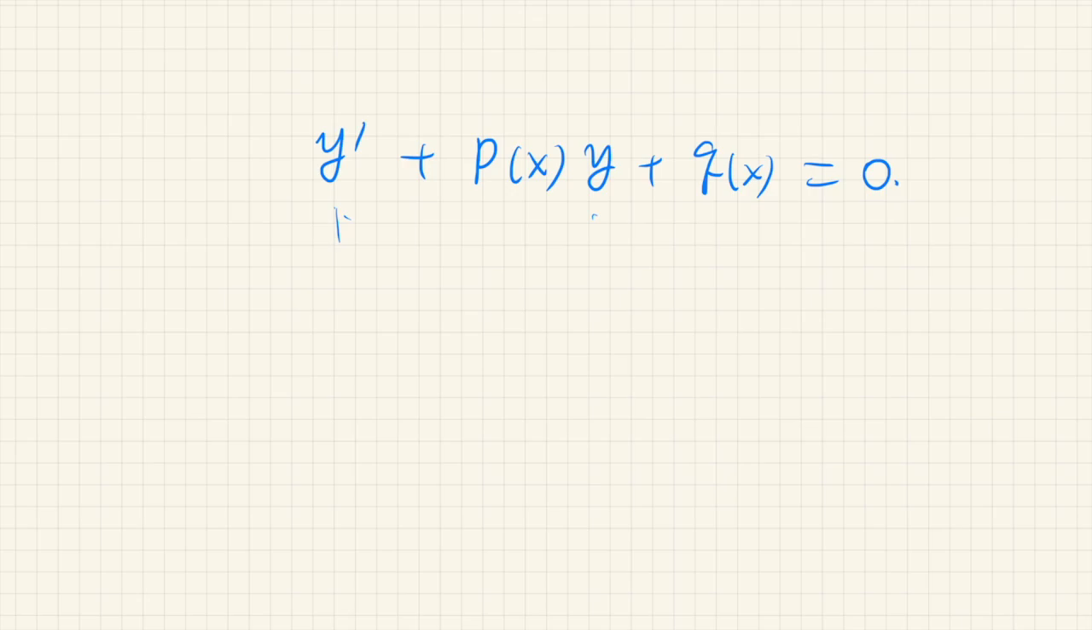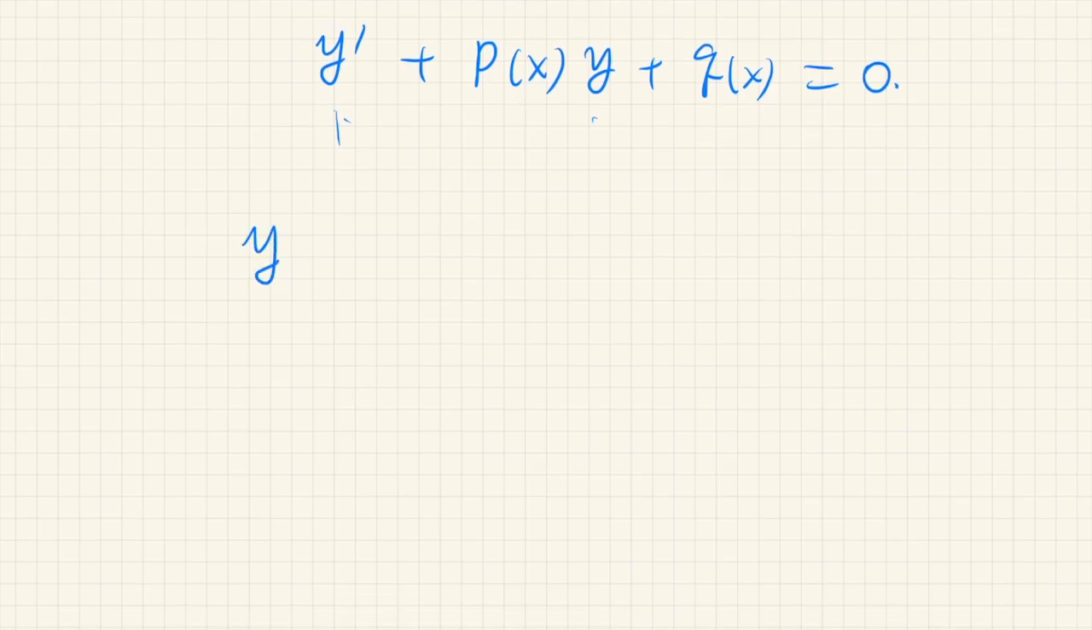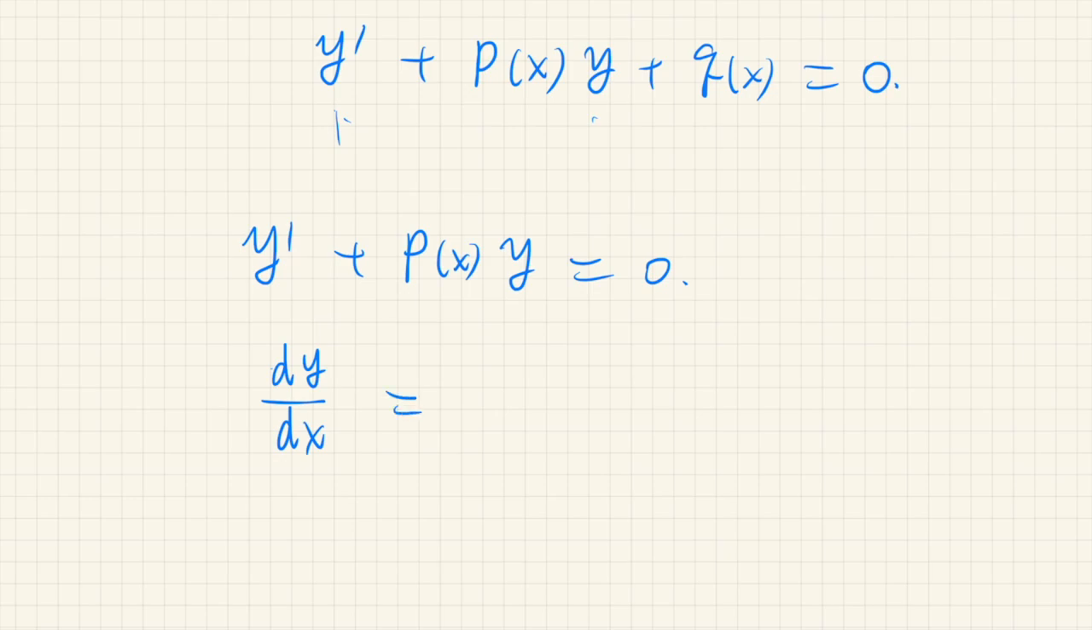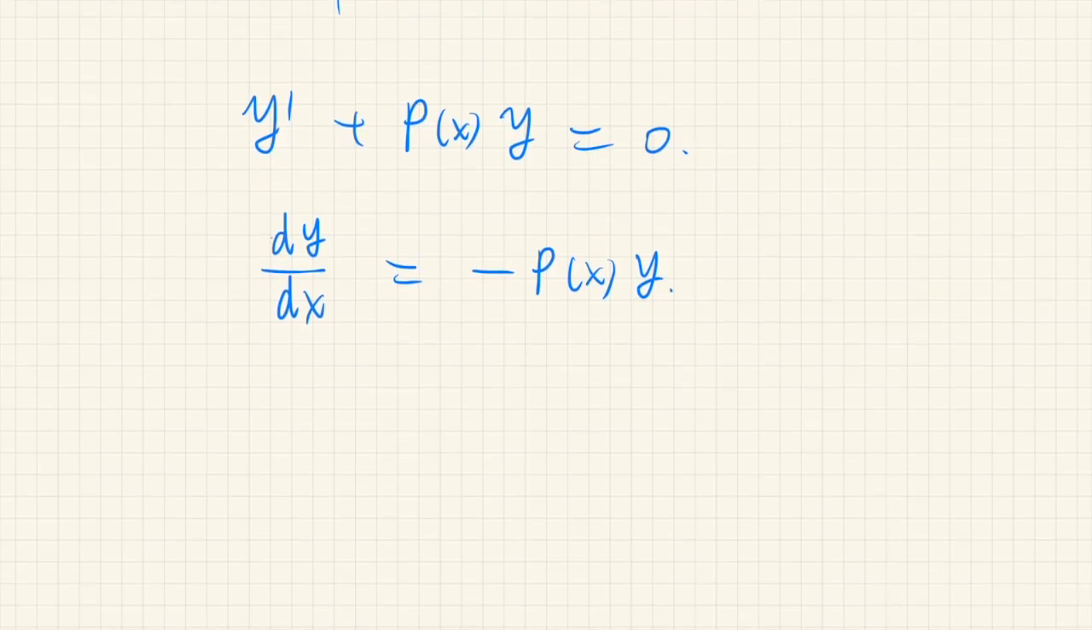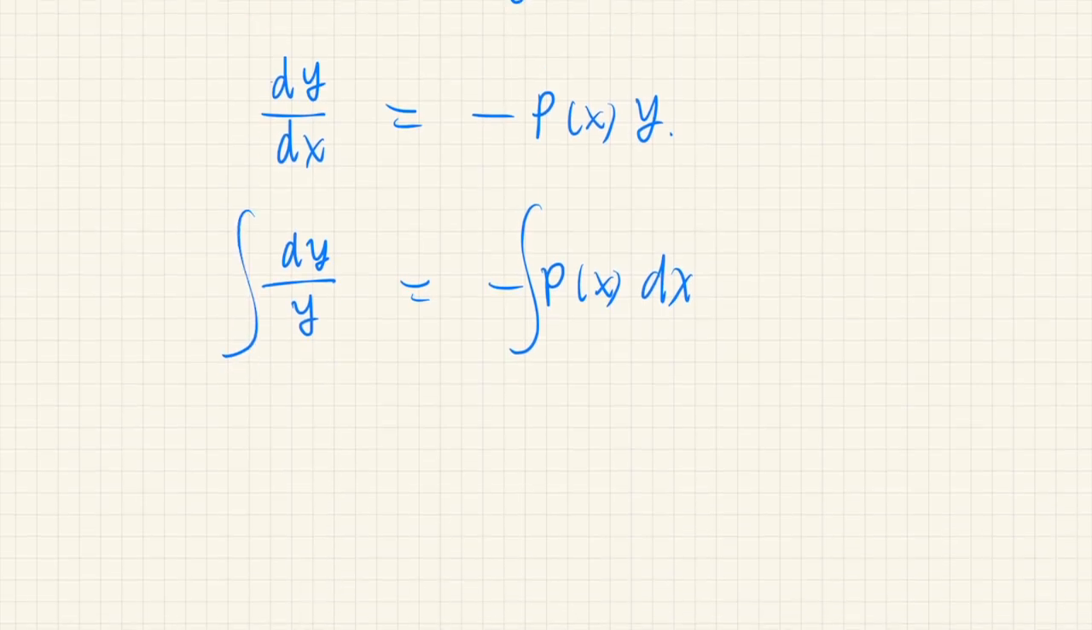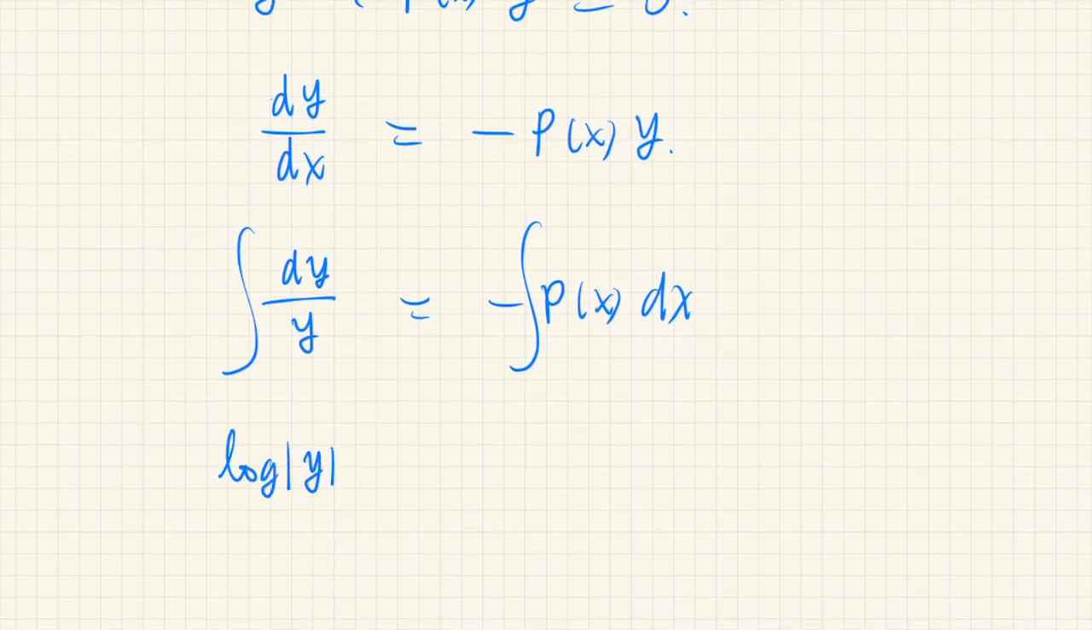All right, so first let's consider the homogeneous case. That is y prime plus p of x times y equals 0. This is a separable differential equation, so that is readily solved. So if we separate the variables, we have dy/dx = -p(x) y. By separating the variables, we have dy over y equals negative p of x dx. So if we integrate both sides, we have log of the absolute value of y equal to negative